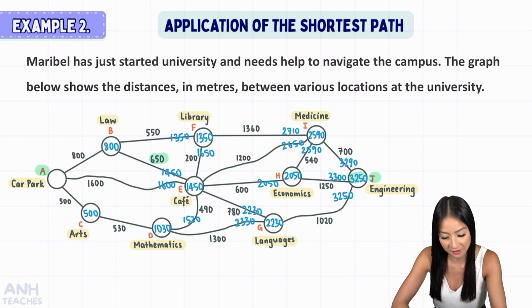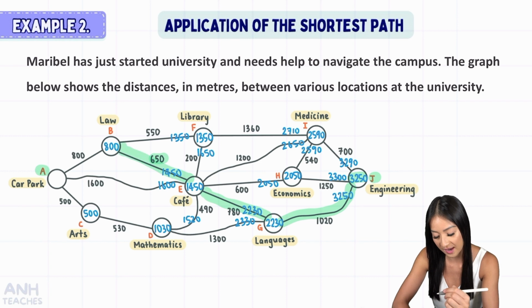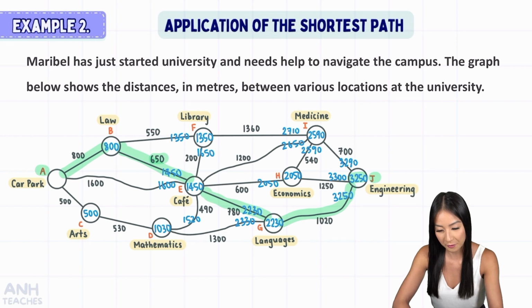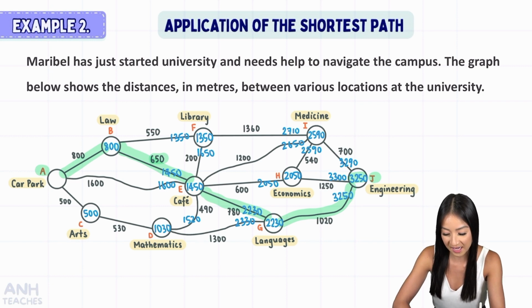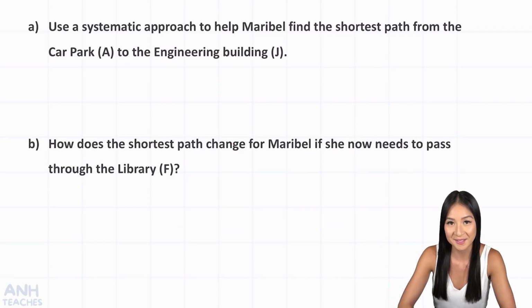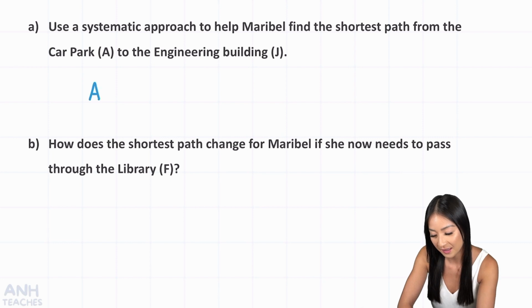So my 3250 used this edge, and then 2230 used this edge, 1450 used that edge, and then that 800 there. So for part A, my shortest path is A, B, E, G, J, which gives me a distance of 3,250 meters. And that's what I'm going to write down. Okay, so my shortest path is A, B, E, G, J, and that gave me a distance of